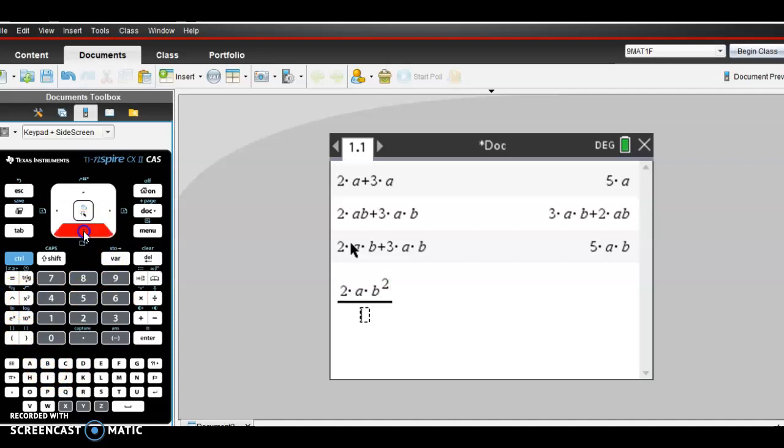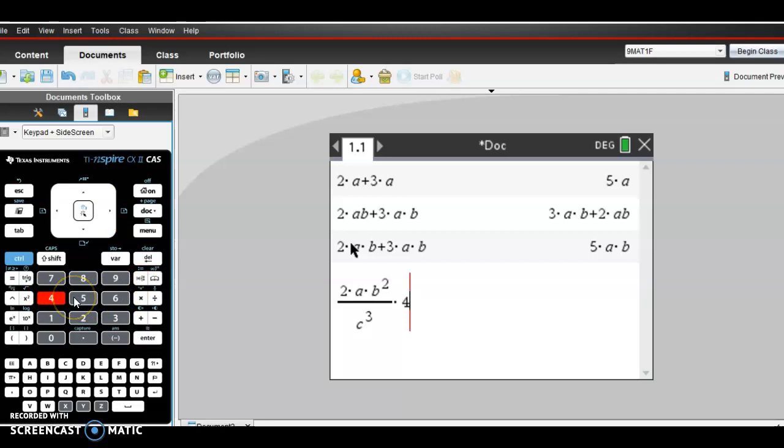Then you cursor down to get to the denominator, which might be C. If it's raised to the power of 3, there's the power button, sometimes called the caret. 3. We then cursor across until I get there, and then I'll multiply by, say,